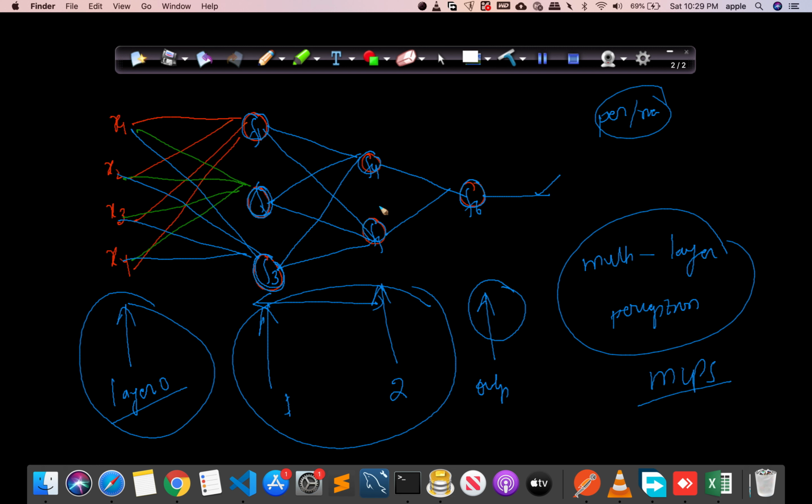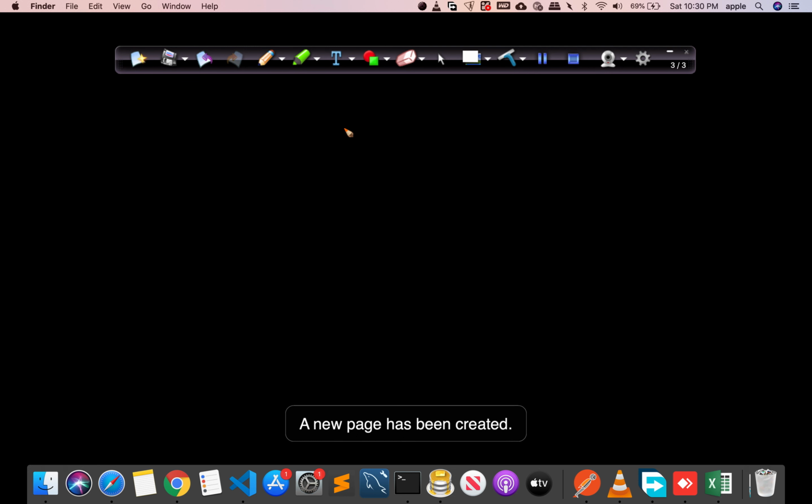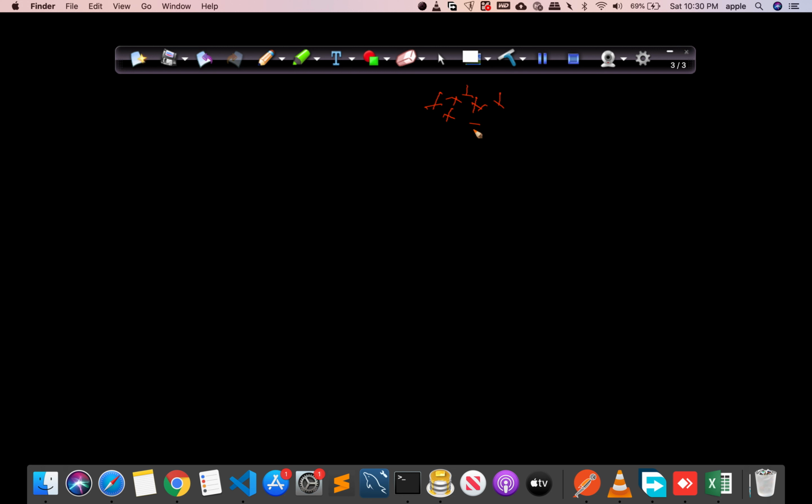Now, what is the reason for using this particular type of architecture? Why are we using this? I will explain it to you in a moment. Till now in machine learning, what we have seen was that our data points were like this. This is one class of data points, and this is another class, and we were easily able to draw a hyperplane that could separate these two classes. But in real world cases, this might not be the case.